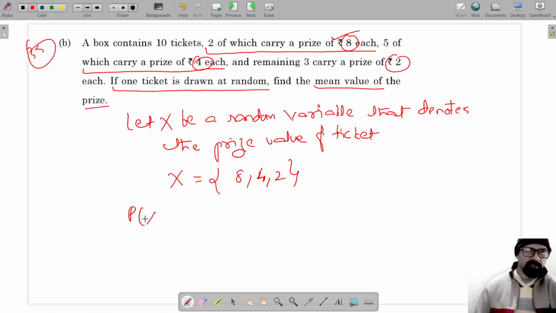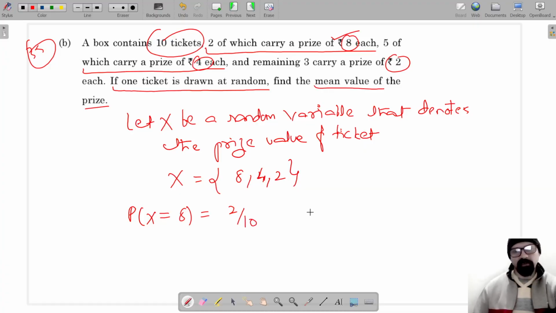तो क्या प्रोबेबिलिटी होगी जब X 8 होगा, तो व्हाट इज द प्रोबेबिलिटी दैट X इज इक्वल टू 8. अब टोटल टिकट्स हमारे पास कितनी है, टोटल टिकट्स हमारे पास है 10, और 8 जो है वो है 2 पे, सो ये बन जाएगा 2/10. 2/10 को आप 1/5 भी